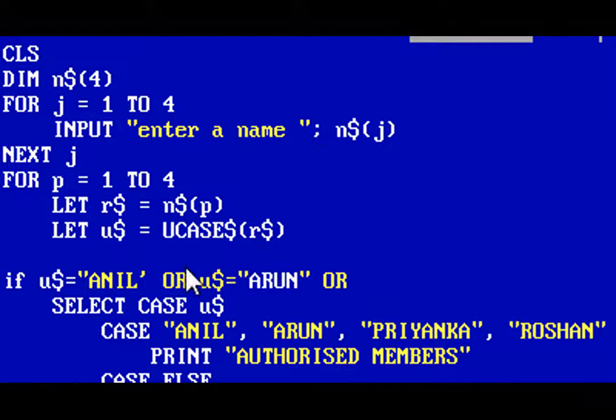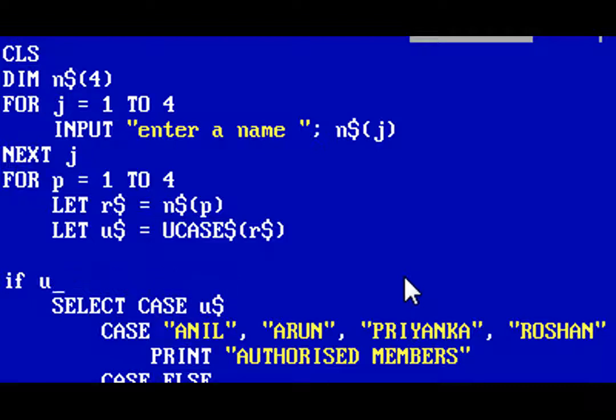And I would also have to mention if c$ is equal to this and this, then print authorized members, else print unauthorized members. So to get rid of that very long if then statement, we use a different inbuilt function